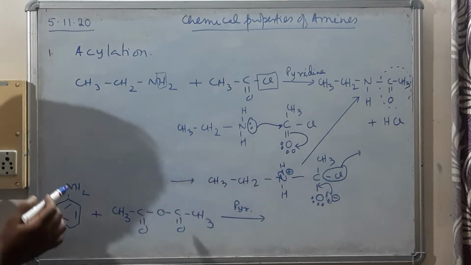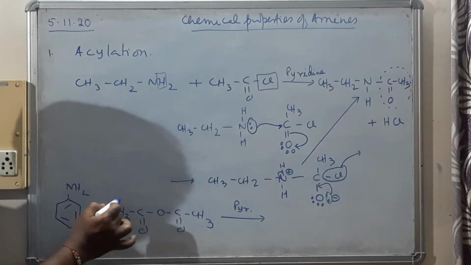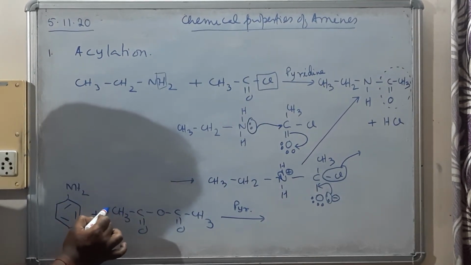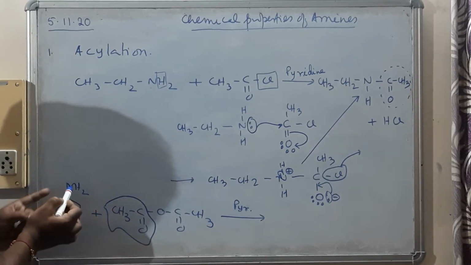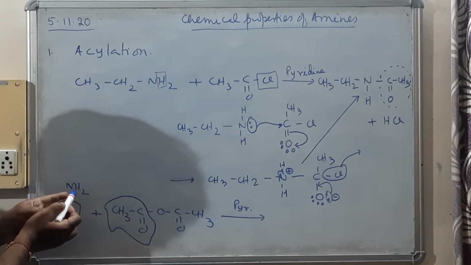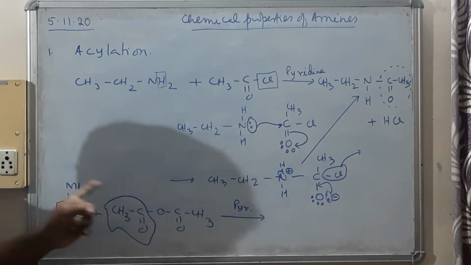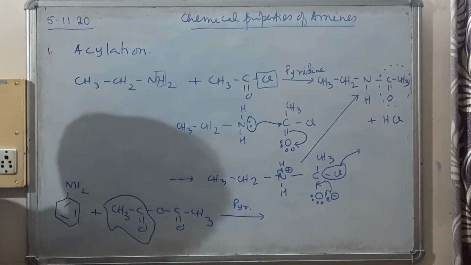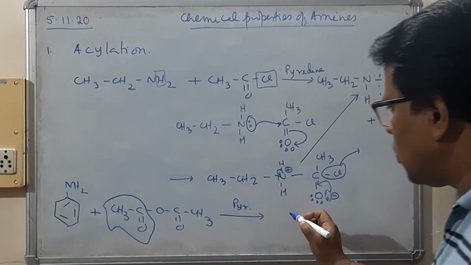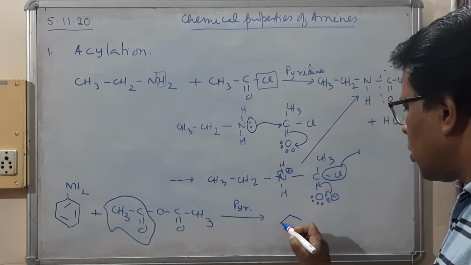So as before, what will happen is this group will come here. One H will come out, and in its place this group will get inside. So the product will be